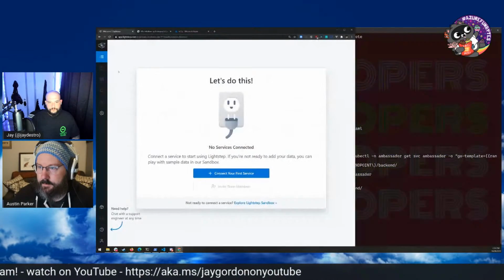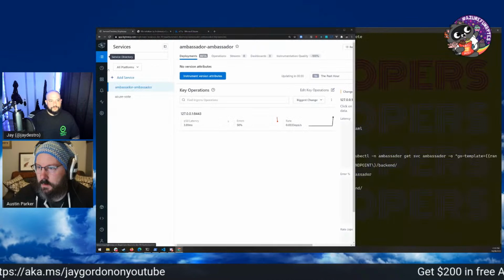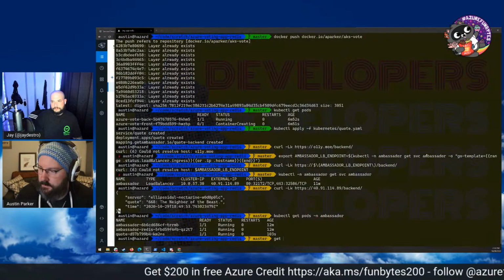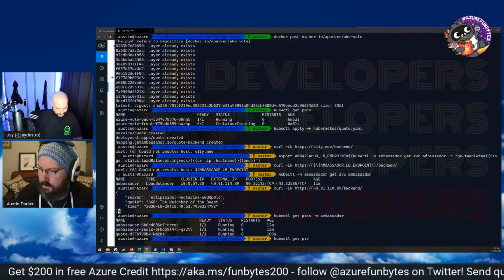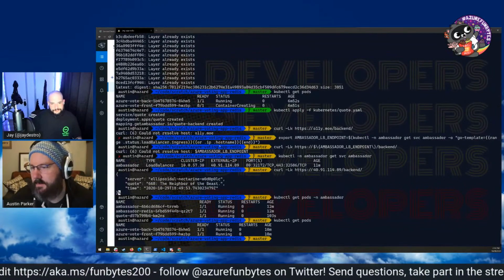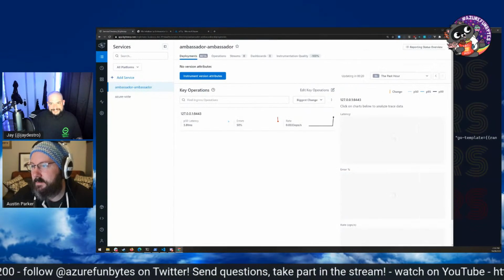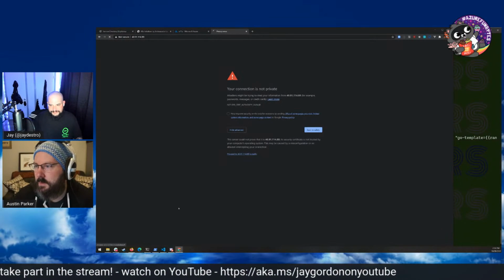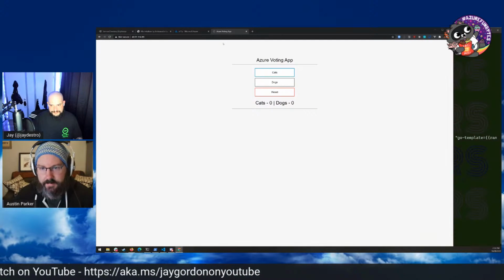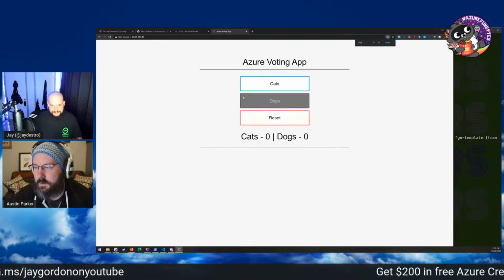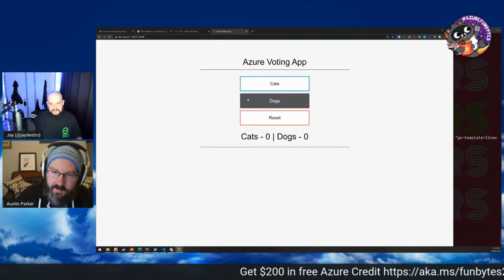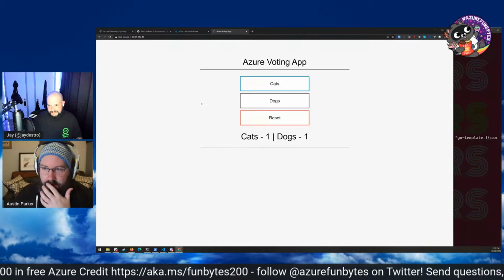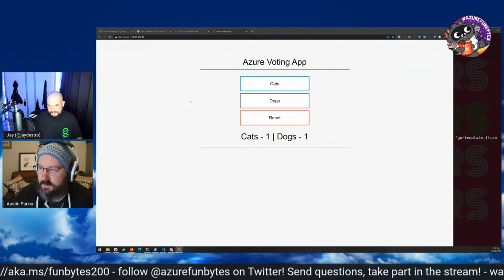So if I go back to Lightstep, did it finally actually work? Oh, hey, the other one's actually running now too. Great. Well, that's good. So we can actually go and show this certificate error, whatever. Now we have our Azure voting app, right? So I can say cats or dogs. Do you vote for dogs or cats? Of course, I'm a dogs guy. Your little one's a cat, my little one's a dog. All right, so we're going one to one, cats and dogs. If anyone in the comments wants to pipe up.